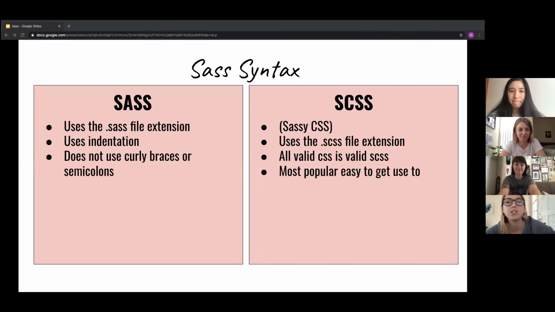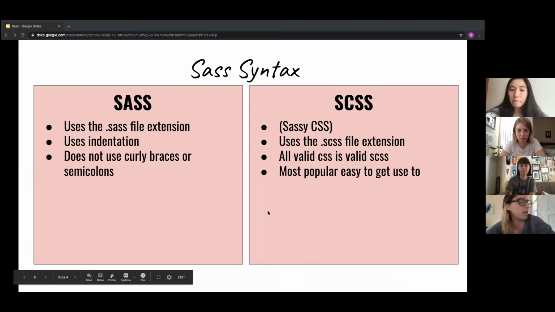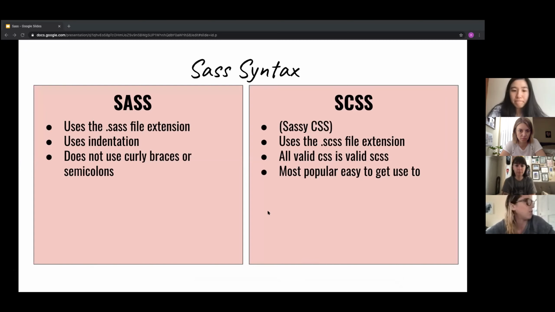Sass takes in 2 different types of syntaxes. The SASS, which is the one they started out with, uses the .sass file extension, and that uses indentation. It doesn't use the curly braces or semicolons you're used to in CSS. But if you want to take a look, see,